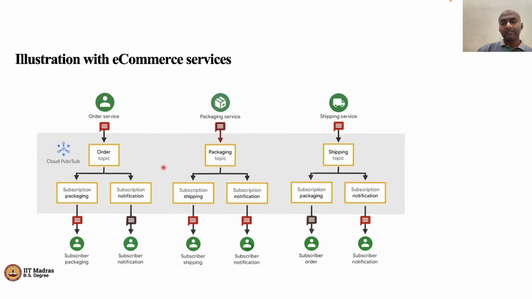Now, in practice, it's one messaging service which is interfacing, but behind the scenes, it's actually multiple different topics, multiple different subscriptions, each having its own frequency of consumption, etc. Okay, so